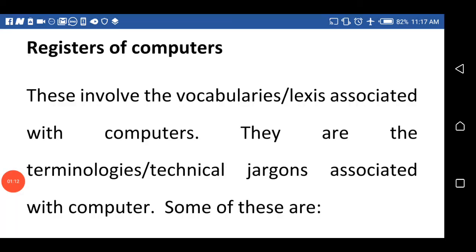Now, what do we mean by register of computers? These involve the vocabularies or the lexemes associated with computers. They are the terminologies or the technical jargon associated with the computer. Some of these are